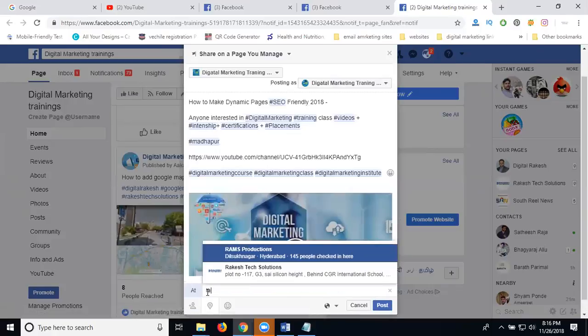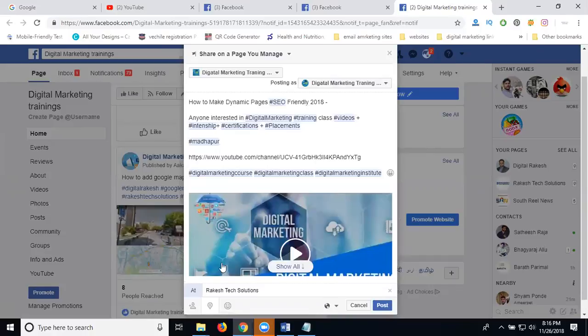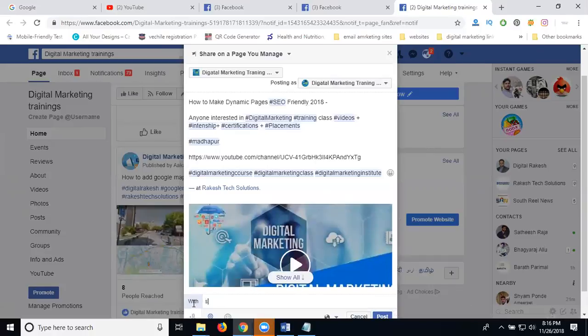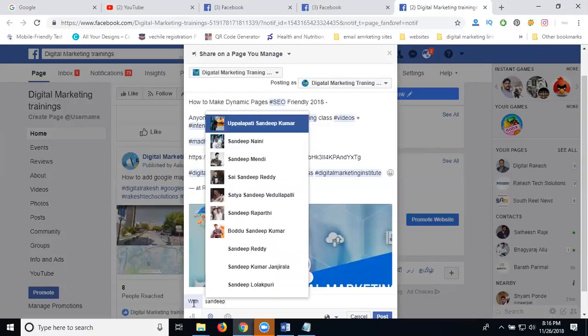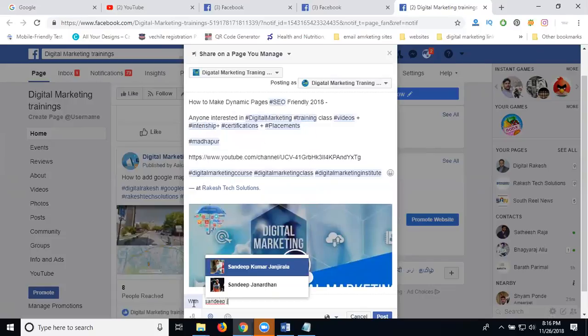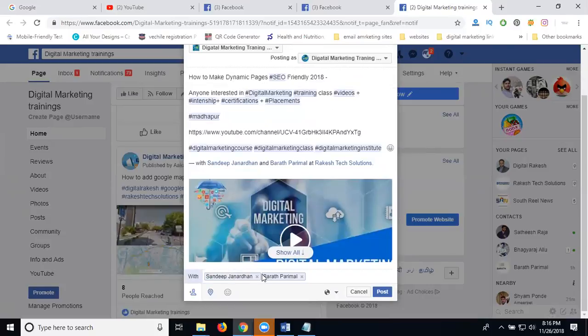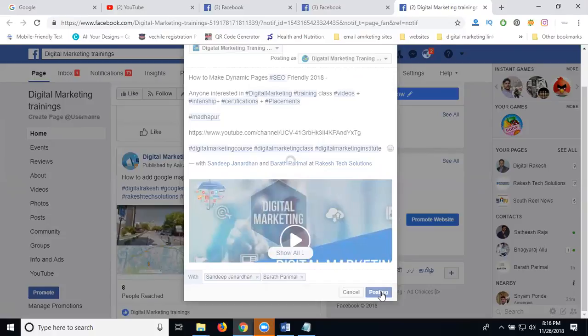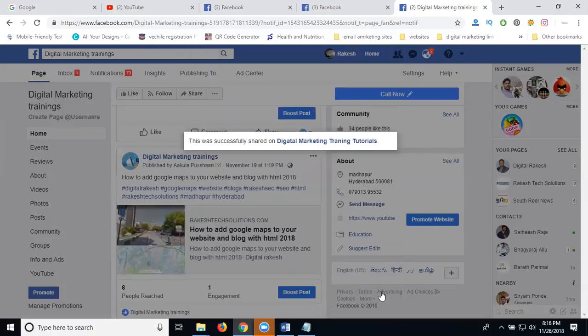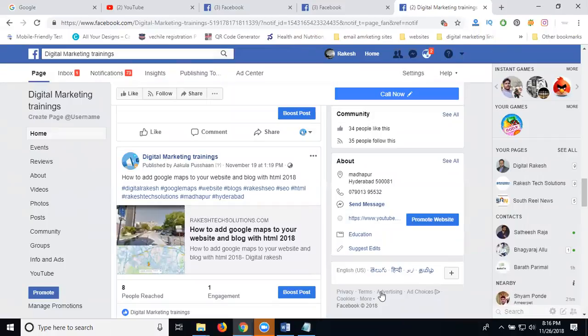I can add my company name. So I'm adding a person's name. Just I'm adding how many people? Only 2 members. Now click post. Here are two advantages. I'm sharing to other pages, and my name is highlighted, my website name with my page. Second, I'm targeting 2 people for the purpose of liking my page.